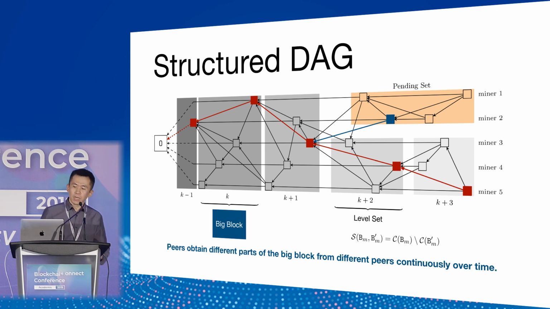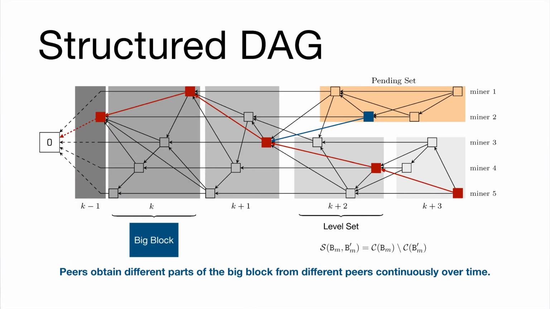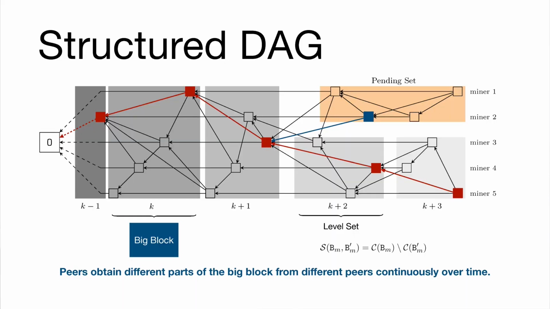So essentially, each level set plays pretty much the same role as each big block in the Bitcoin blockchain. However, the difference is that in Bitcoin, each block of 1 megabyte size is created by one of the miners, roughly every 10 minutes. But the level set is being created by all the miners over the network continuously throughout the time. So they can continuously create a block and broadcast the block. That will make the P2P network more